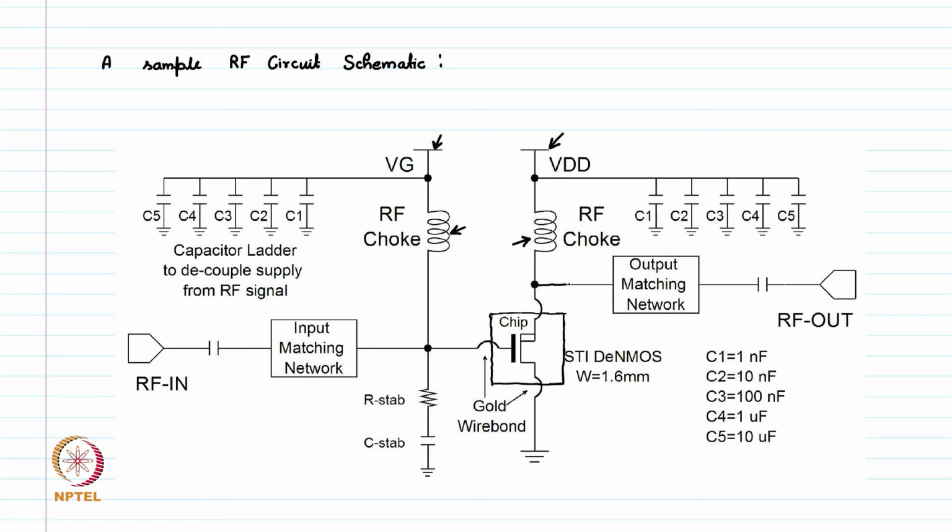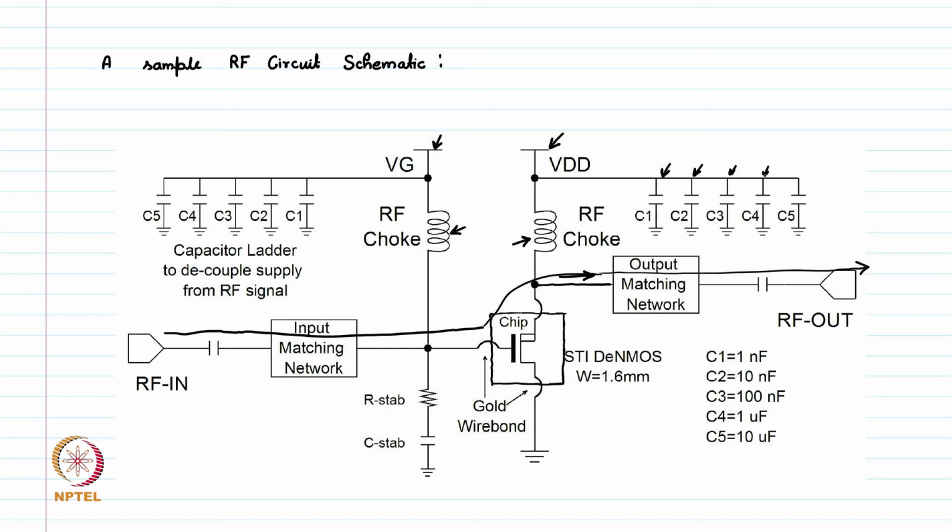These are the RF traces where the RF signal will travel from the input to the output here. And these RF choke coils are there to boost up the signal. On top we have this